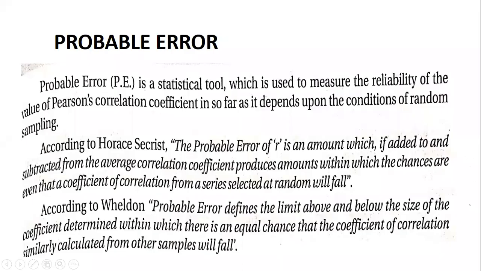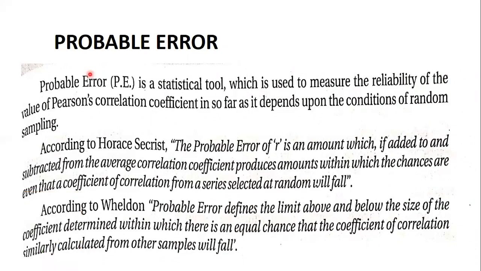Okay, so we are supposed to start this new concept called probable error. We have learned Karl Pearson's coefficient of correlation. This probable error is an additional tool which will help us to understand whether the number we have got as the coefficient is correct or not, or in which other ways we can use that r, the coefficient, for further calculations.